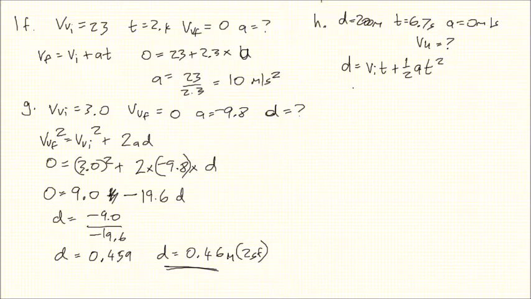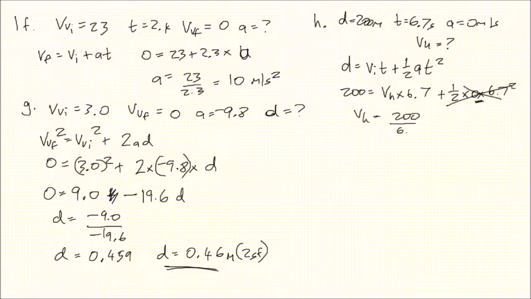Now with A equals 0, then a half AT squared is 0, so we just have D equals VIT. And VI in this case is the same as VF. VI is just the horizontal velocity. So 200 equals VH times 6.7, so the horizontal velocity equals 200 divided by 6.7, which comes out as